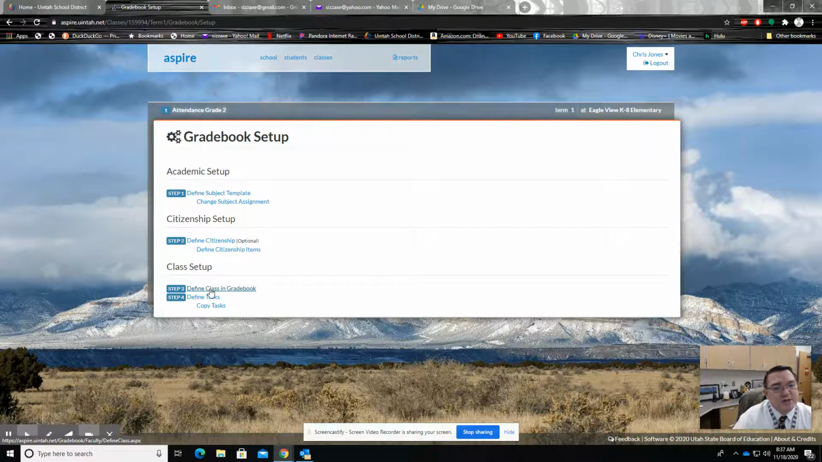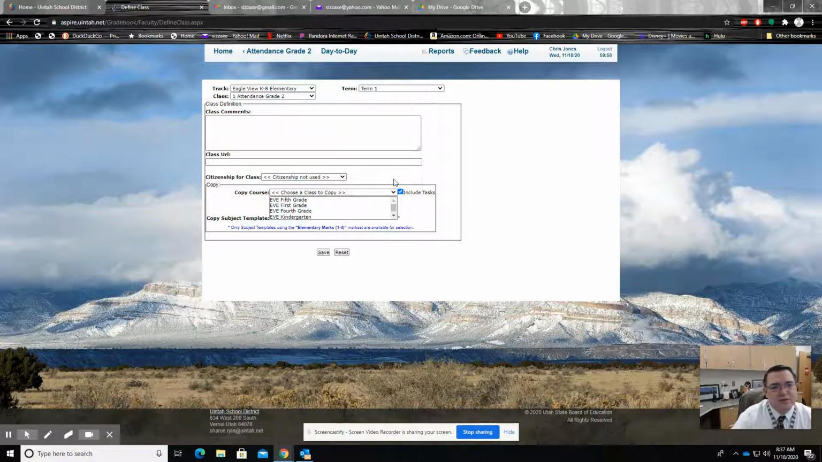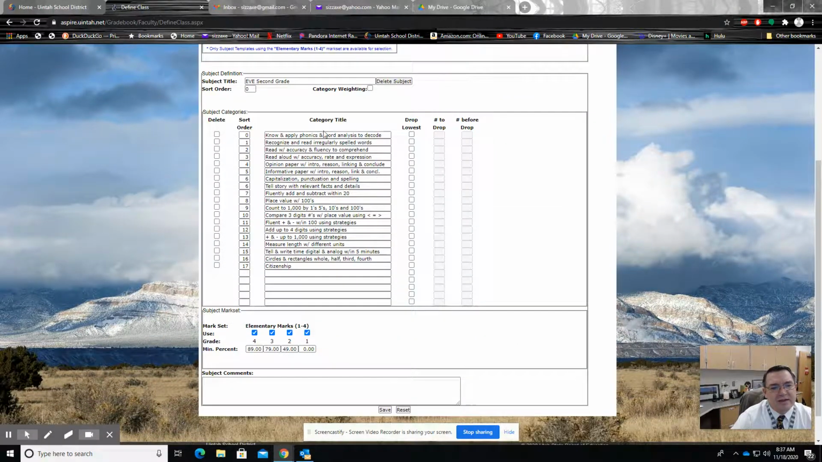So you're going to go into gradebook setup and you're going to go into define class in gradebook. And so this is what you'll see. And then you'll have several options of templates to share. So I'm going to look for, because I'm in second grade, I'm going to look for second grade and then I just click save. And what it'll do is it'll automatically give you an option to have all of these